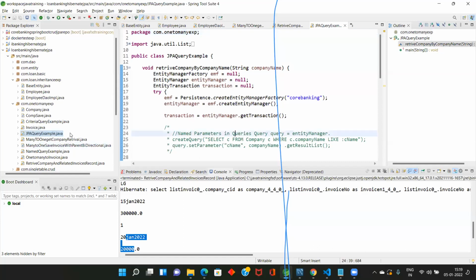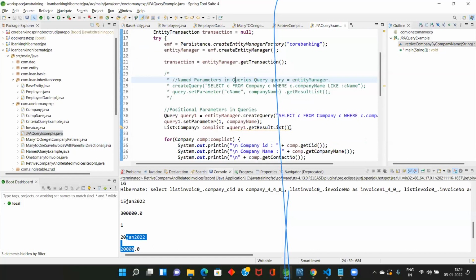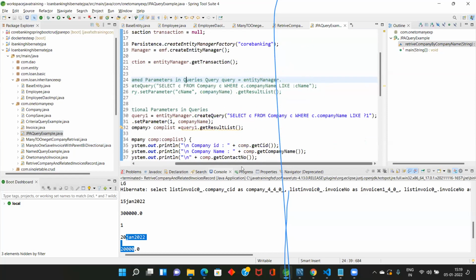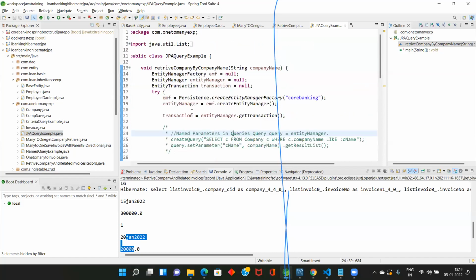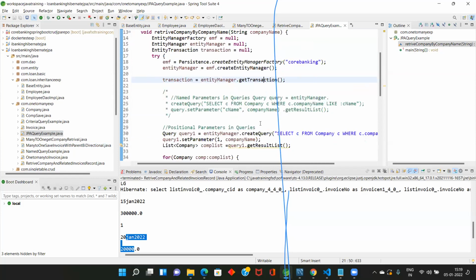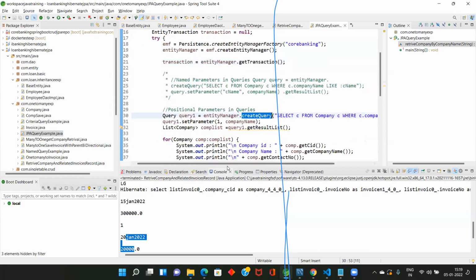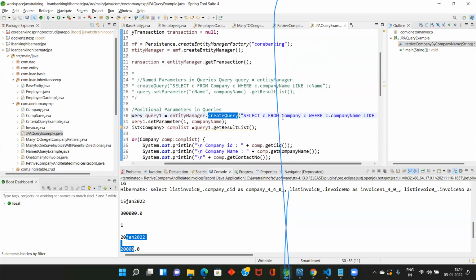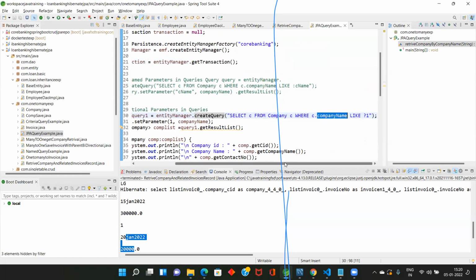So if you see my JPA queries, see here: select star from. I think you all know a little bit of SQL. The only thing is, again, you start the transaction. Instead of find by, you create a query: select from Company. This is not a table name, this is the entity name. This is not a column, it is a variable name of the entity. With operators like greater than, salary greater than 220,000, smaller than, you can do all these things with JPA queries.